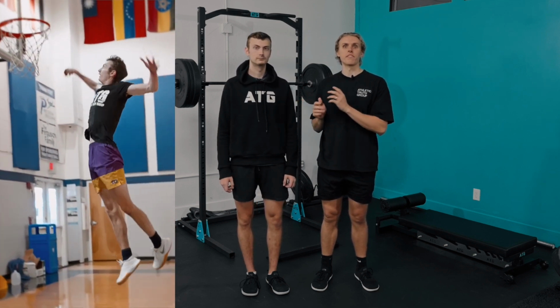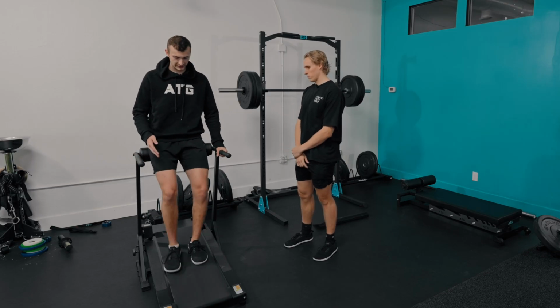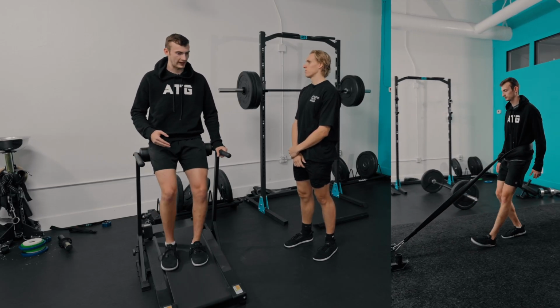Connor was able to achieve a 48-inch vertical after 4 years of ATG training. Today he's going to show us how he got there. Every time when working out, I always like to start with either a backwards treadmill or reverse sled, because one